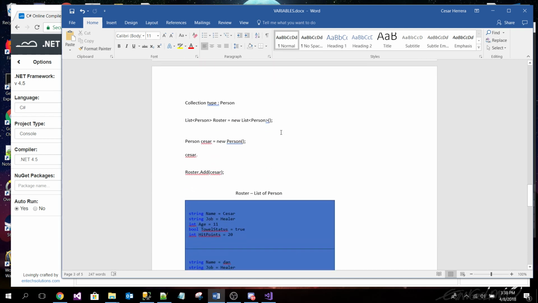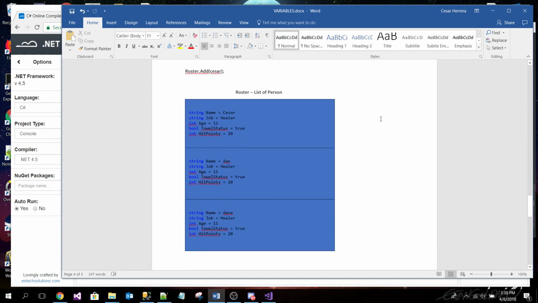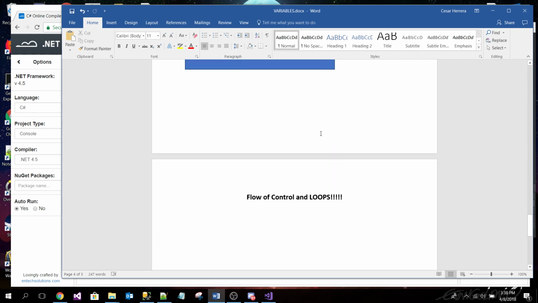So we were using a person and put it in there. So we have a list of persons and we called it a roster. Then we can manipulate the whole thing at a time instead of doing it one by one or in different instances. Okay, so far so good.